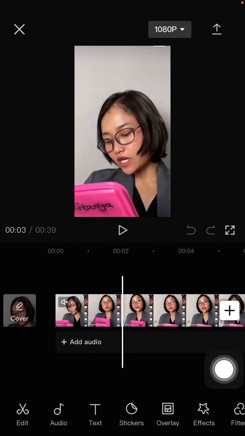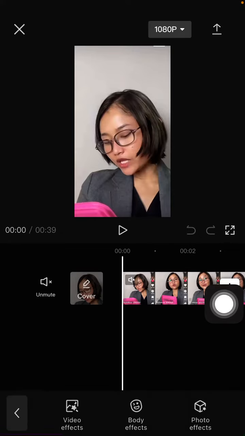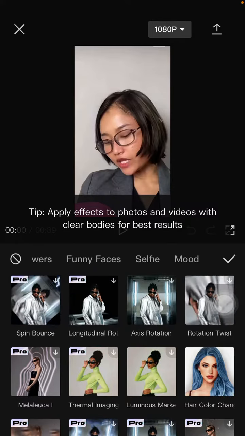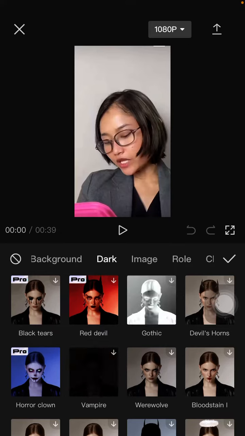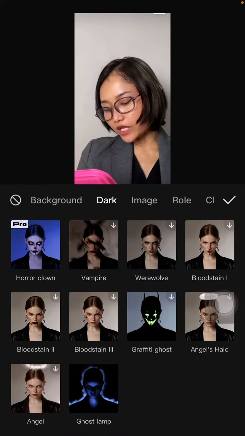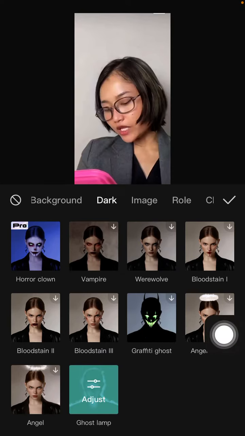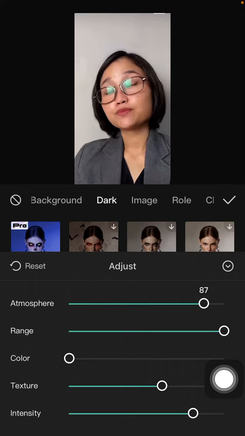So there is the video, and I'm going to add the ghost lame effect, body effect, and then select dark, scroll to the right, here's ghost lame, click again to adjust for the atmosphere,